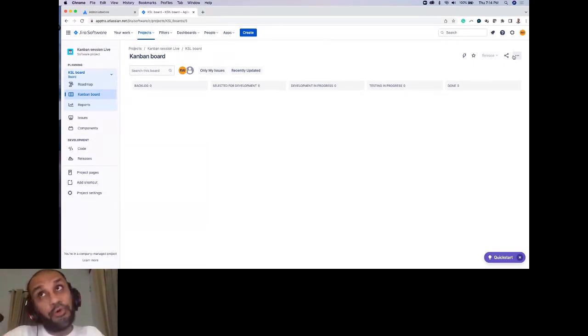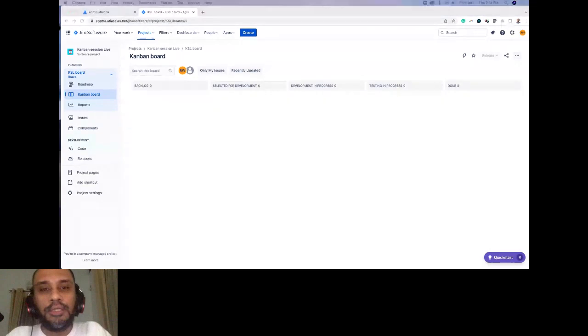I'll not go into that because that's a completely different topic in terms of workflow management on Jira. I'm sure there'll be a separate, complete session purely on workflow management. So I'll not go there. I just wanted to show you all that we can actually customize our workflow and make our workflow visible.